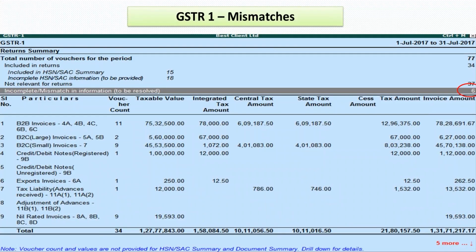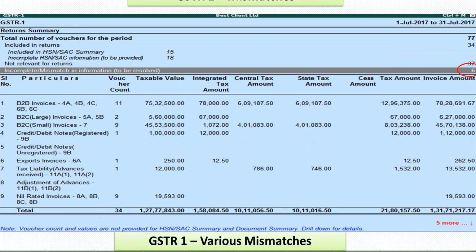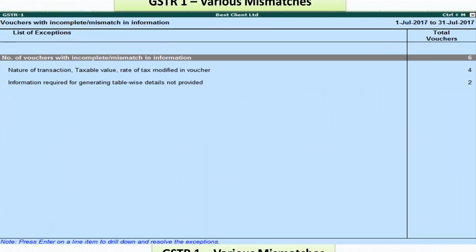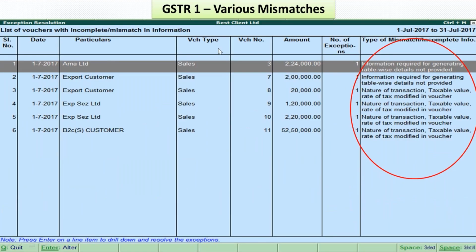So here if we see there are 6 mismatches. On drilling down, we get to see this screen, and on further drill down it is telling that the GST number is not provided. Sales is configured as registered person sales, but GST number related information is not provided. In another case HSN is not provided, or table wise information.